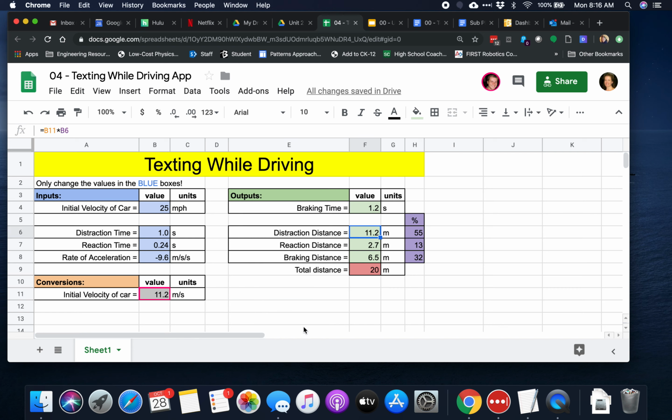So you're going to have some time to investigate this, to play around with this spreadsheet with your copy, and work through the Texting While Driving app worksheet. Get as far as you can on that. The rest is for homework,